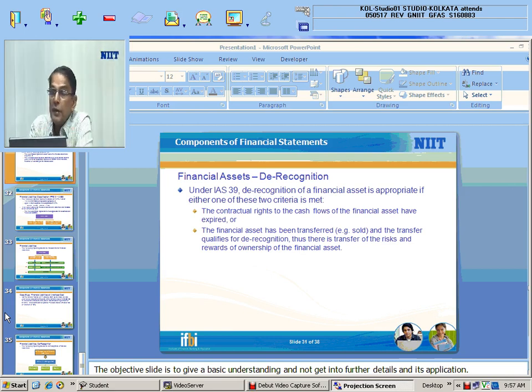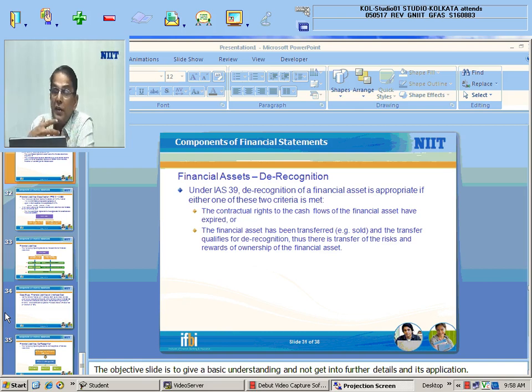On 31st December, when the option expires, the asset has to be derecognized. Whether it is exercised or not, when the option contract expires on 31st December or a future contract expires on the expiry day, the asset has to be derecognized. So the contractual rights to the cash flows of the financial asset have expired. That is one condition. The other condition may be when the financial asset